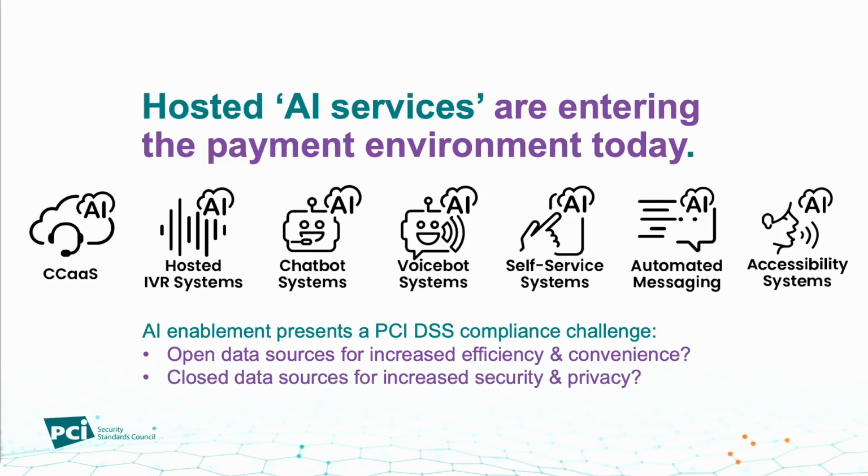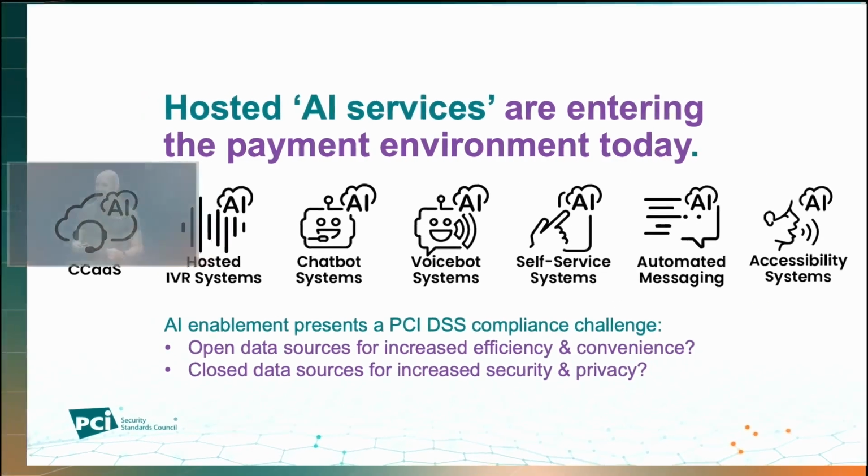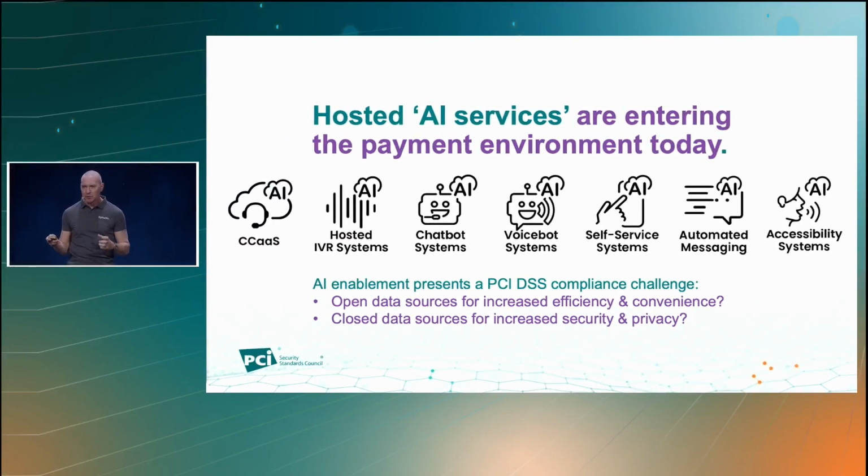So, for example, like we were saying before, this is things like chatbots and voice bots and all those sorts of things. It tends to be things which don't include an agent, because that's what they're there to do. AI applications are brilliant at automating stuff and taking workload away from agents. That's what they're designed to do, and they do it brilliantly.